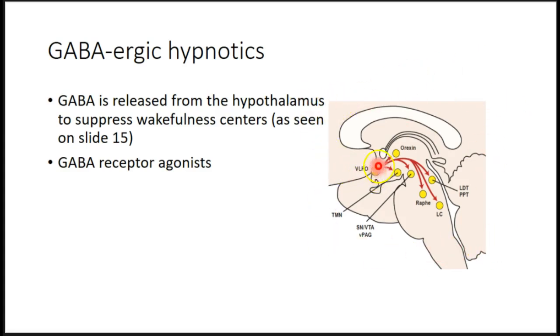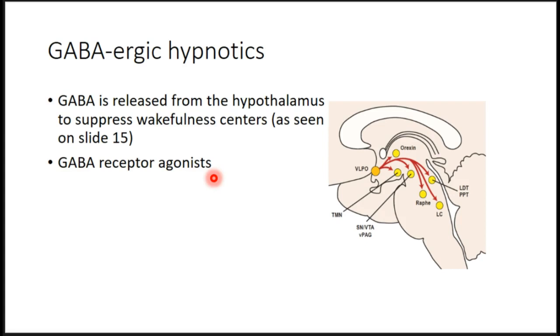It's going to affect this GABA-ergic pathway right here. It's going to increase the activity of this guy, the VLPO. You don't need to know what the VLPO is specifically. It's fun neuroscience if you're interested. It's just going to be a GABA receptor agonist. It's going to help GABA bind to GABA receptors,